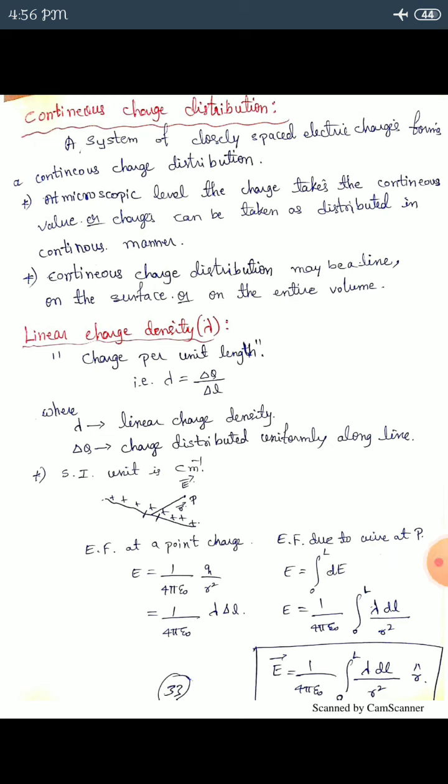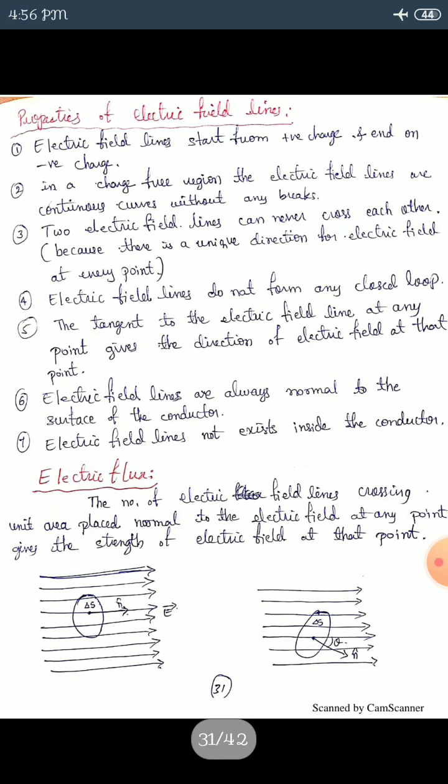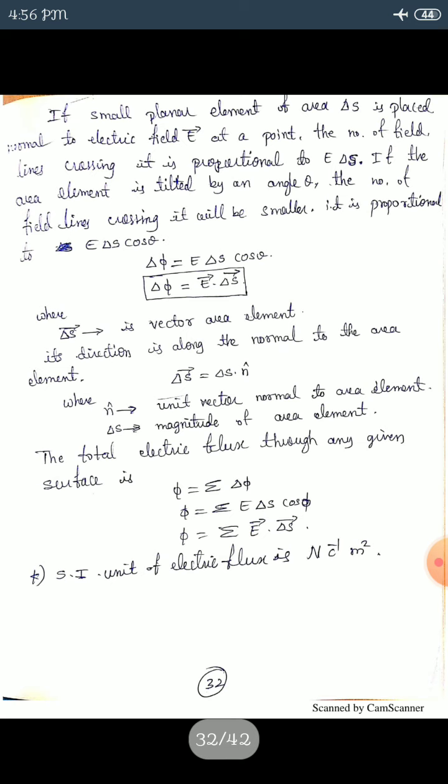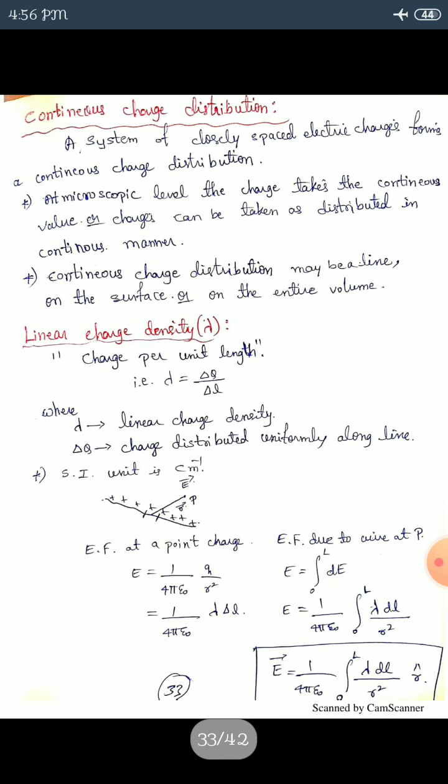Dear students, in the last class we discussed continuous charge distribution, right? That means charges can move. A plenty of charges are moving, and we treat them as a continuous charge distribution. We also discussed electric flux. I mean to say, the dense formation of field lines is collectively called electric flux. And we discussed related terms, and the linear charge density.